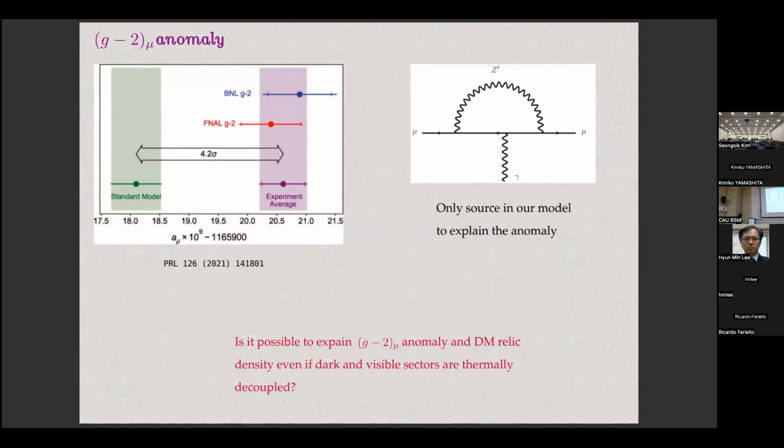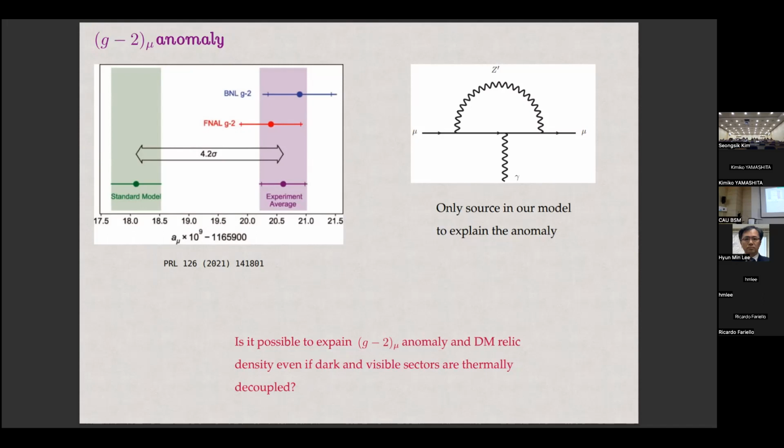And since we are in the regime where the Z_mu tau is very heavy, there is only one possibility to solve this muon g-2 anomaly, which is from this diagram. So we would like to address the question: is it possible to reconcile both the dark matter relic density and muon g-2 in a unified framework?